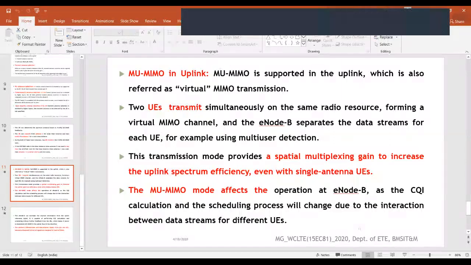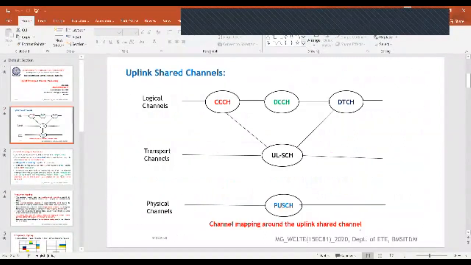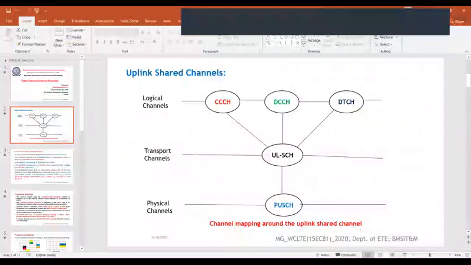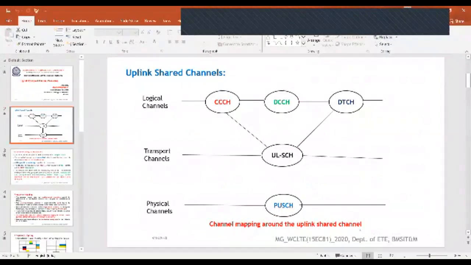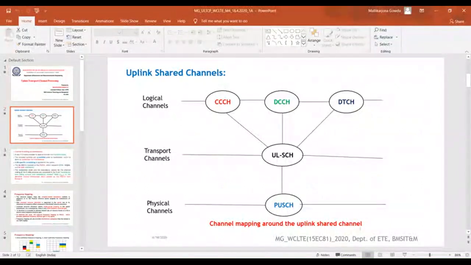So just to sum up, today I have discussed what the transport channel in the uplink is. As I said, it is only one transport channel, right? That is the uplink shared channel, which is mapped to the physical uplink shared channel.